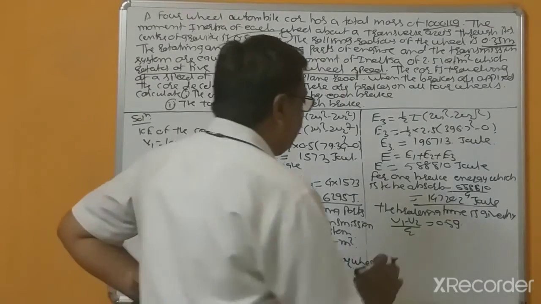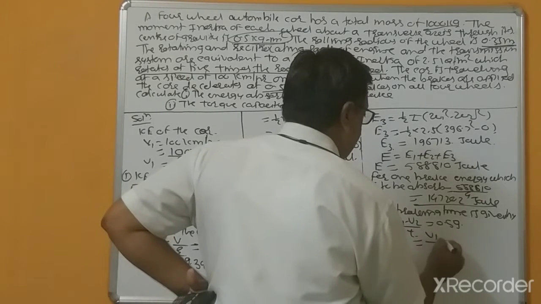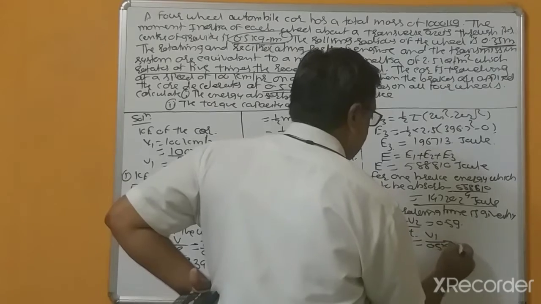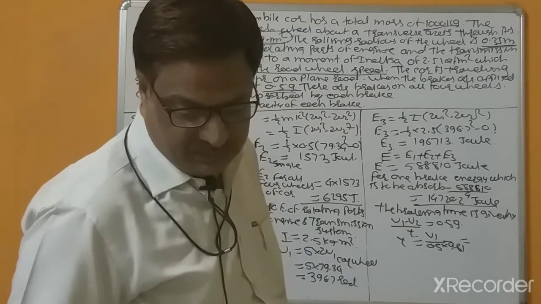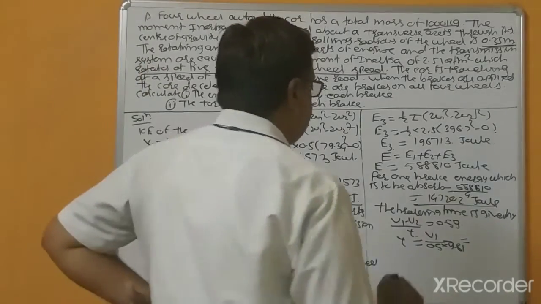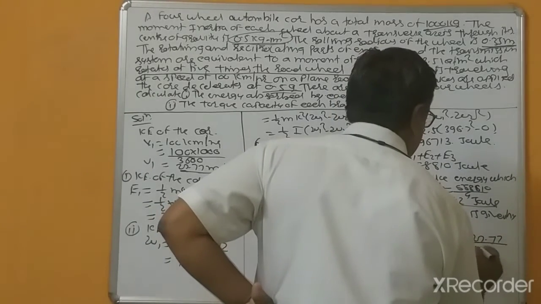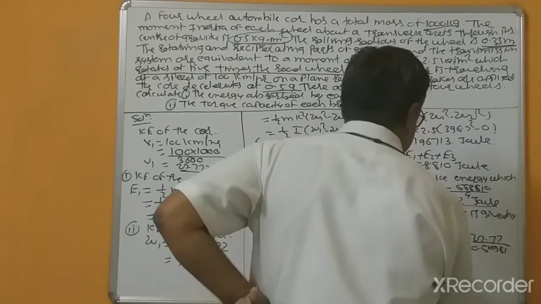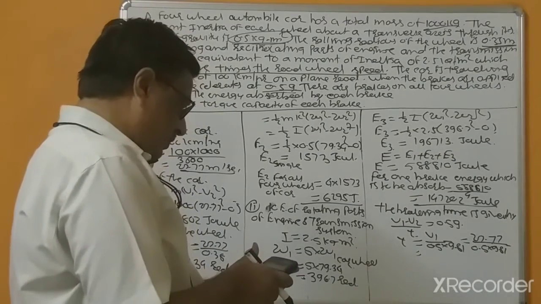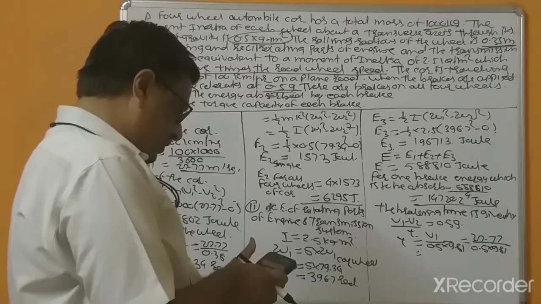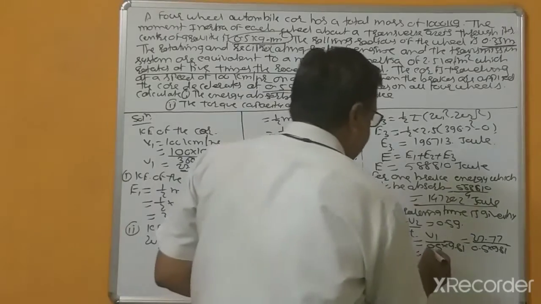Or this is time, sorry. So T equal to V1 divided by 0.5 into 9.81. So V1 equal to 27.77 divided by 9.81 divided by 0.5. This is equal to 5.66